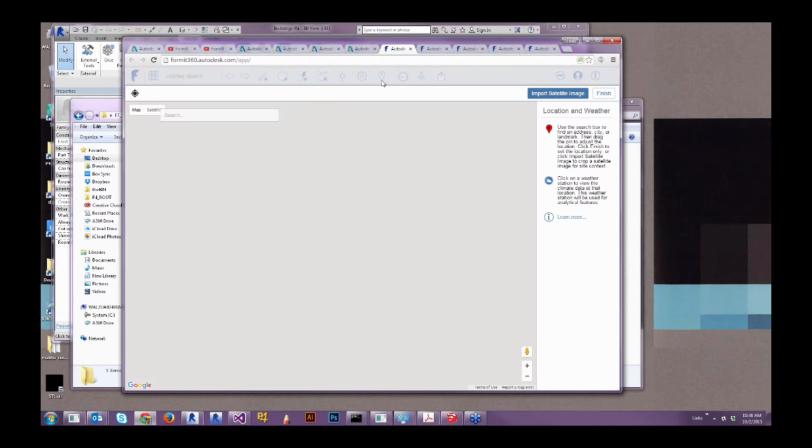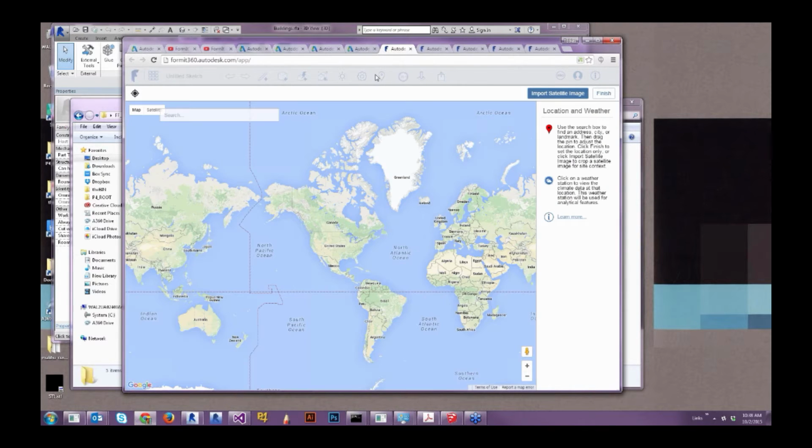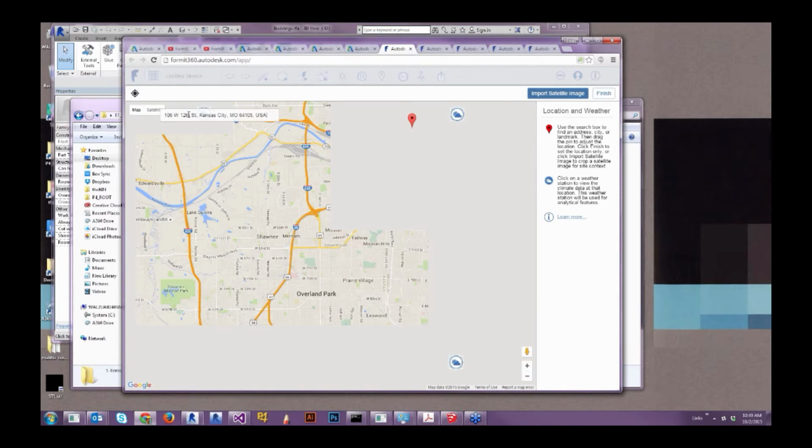Once you do that, you're signed in to Format, and then you can access tools. Probably the first thing you want to do is set the location for your project in Format. This uses Google Earth or Google Maps, so you can just type in an address. I was talking with some friends from BNIM the other day, and when I worked at BNIM, we were at 15th or 14th Baltimore Street in Kansas City. That got me thinking about it this morning, and I wanted to start our project there.